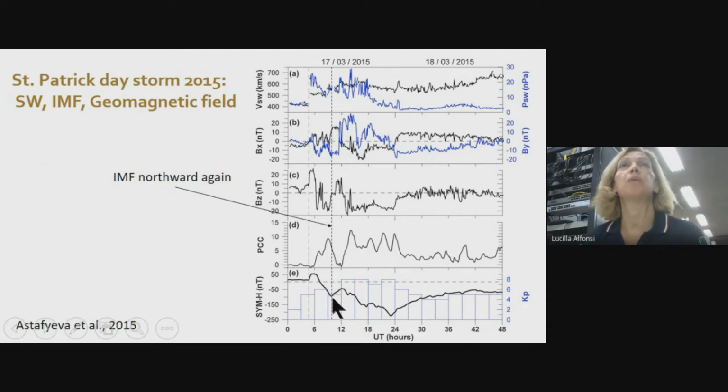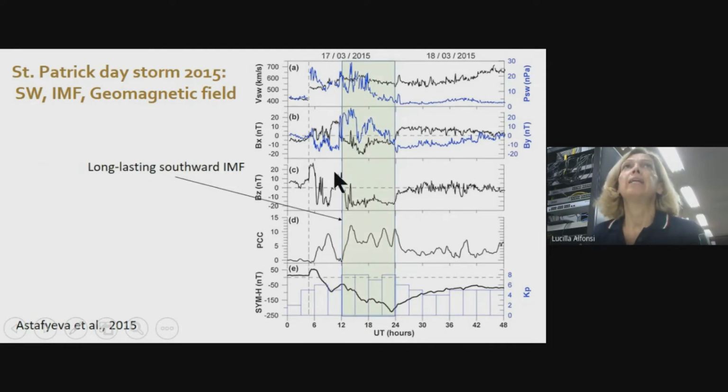The negative peak is considered the end of the main phase, that is all this part of the behavior of the CMH. As you can see, we had a beginning just later on. We have a beginning of recovery phase,